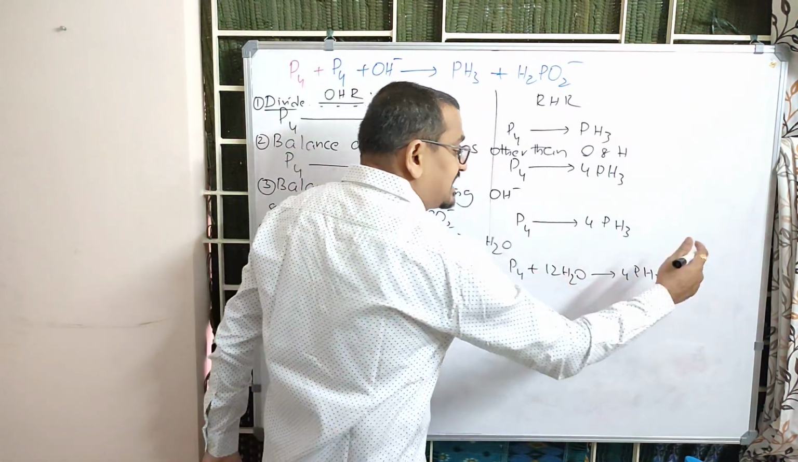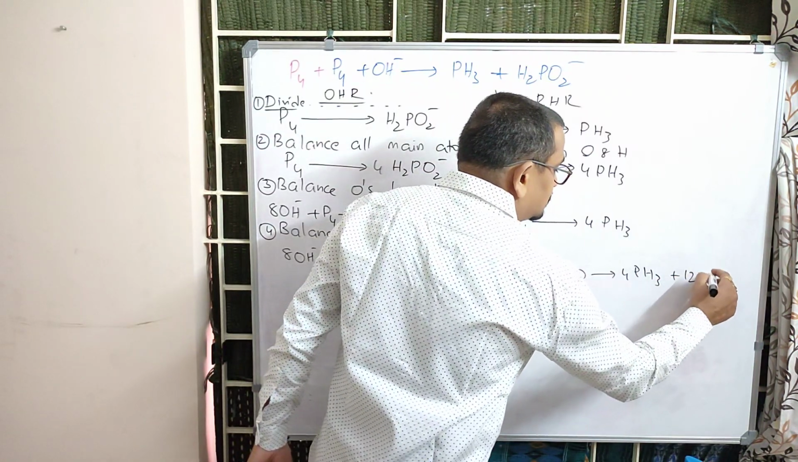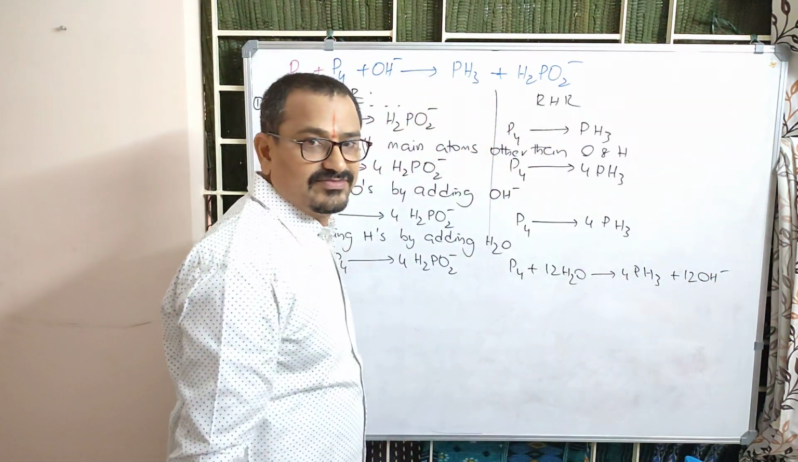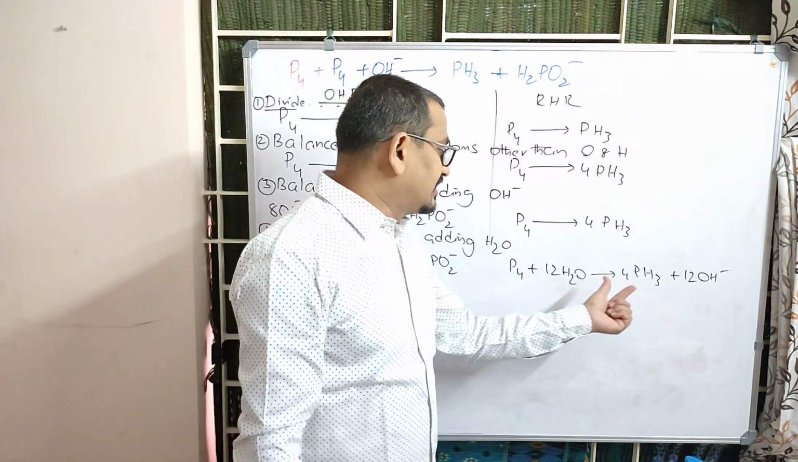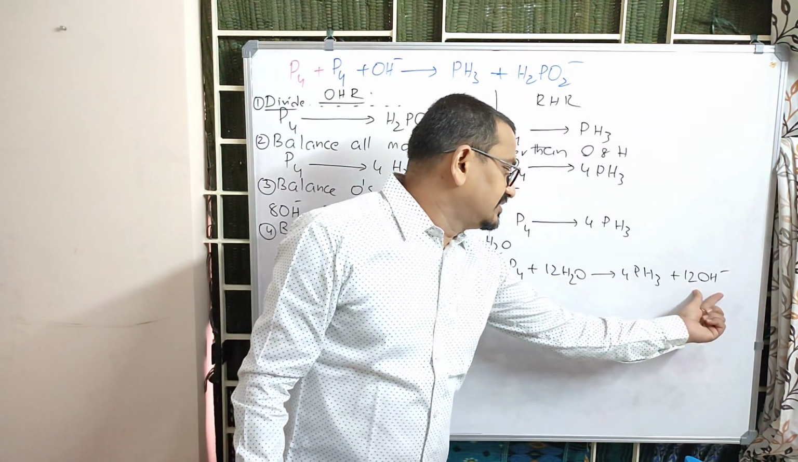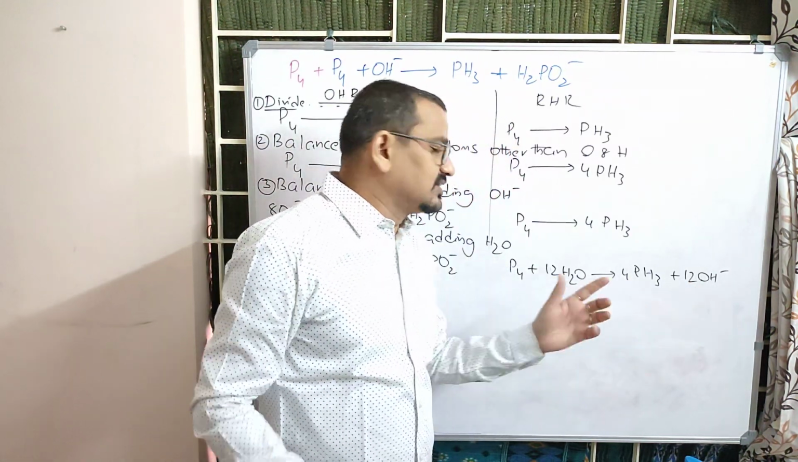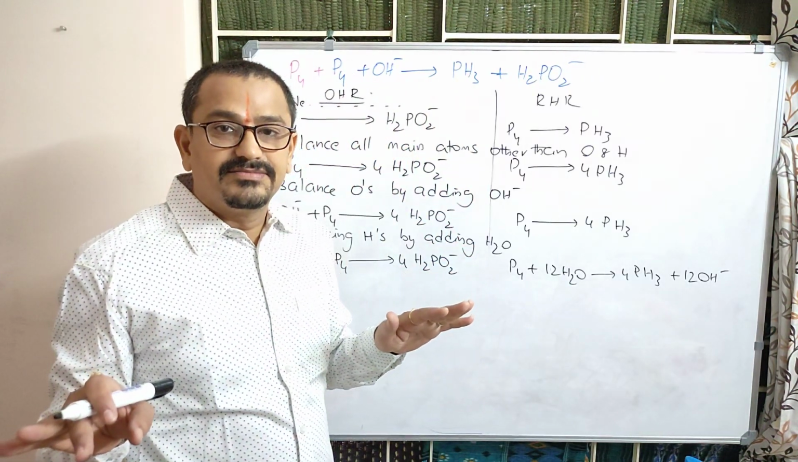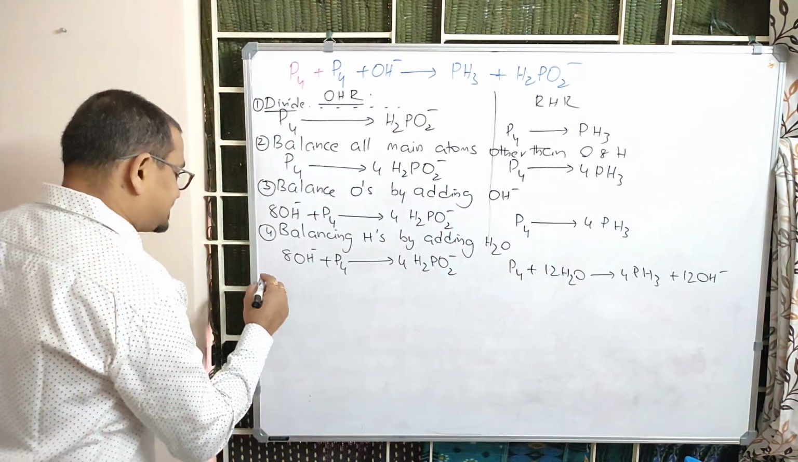So 12 oxygens can be balanced by adding 12 OH minus. Now you see 24 hydrogens, 12 plus 12, 24 hydrogens, and 12 oxygens, 12 oxygens. Everything is balanced. Right? Now the next part is